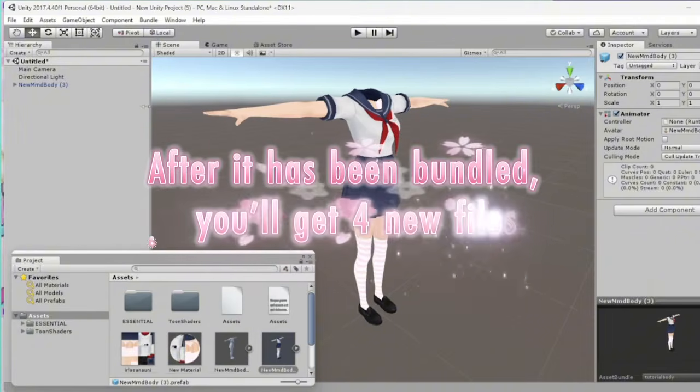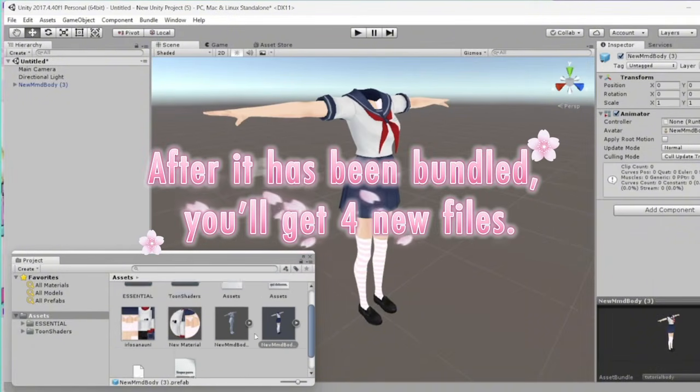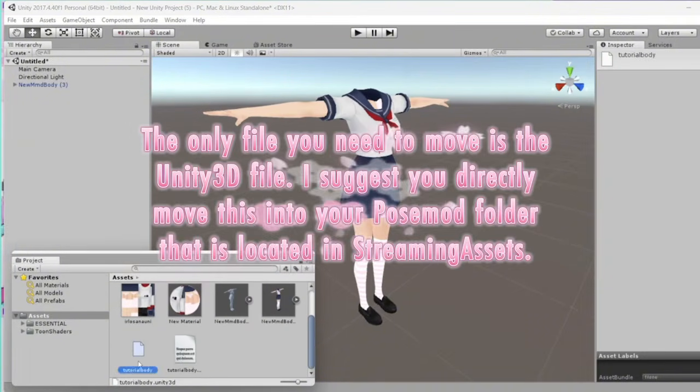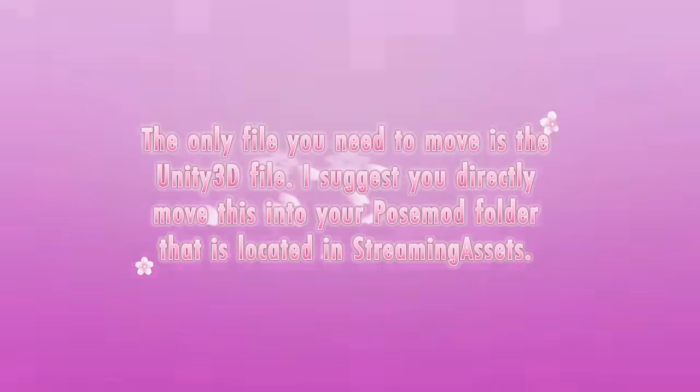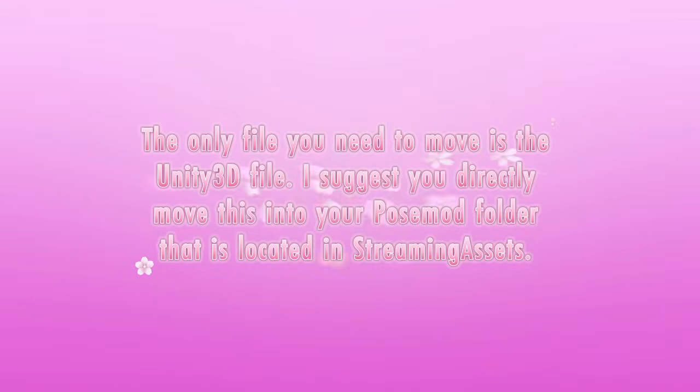After it has been bundled, you'll get four new files. The only file you need to move is the unity3d file. I suggest you directly move this into your posemod folder that is located in Streaming Assets. This method only works for